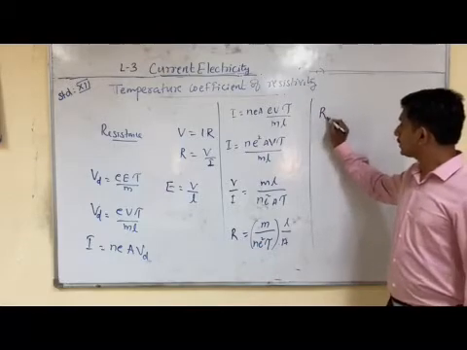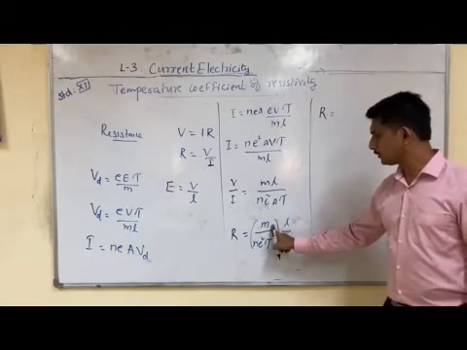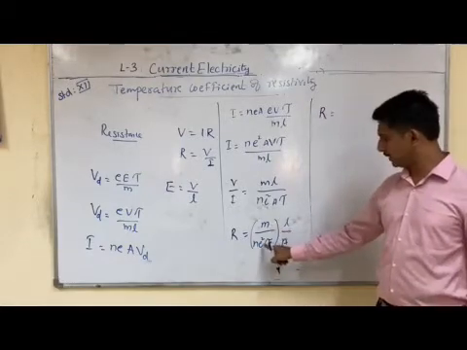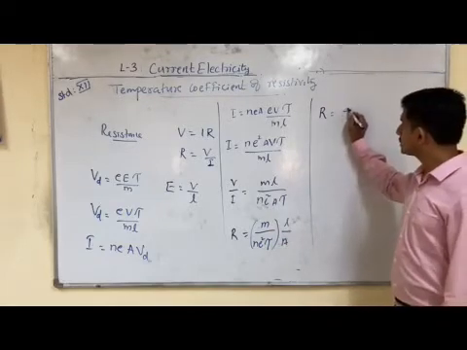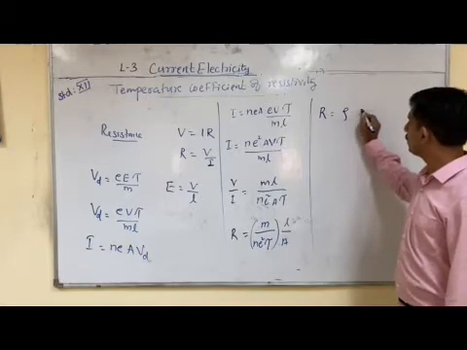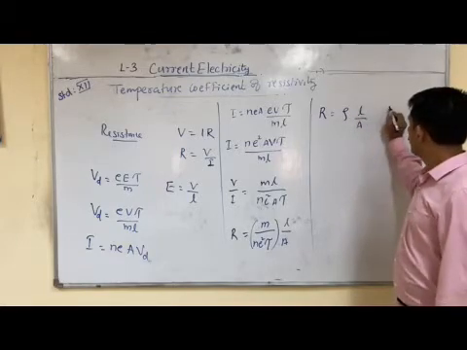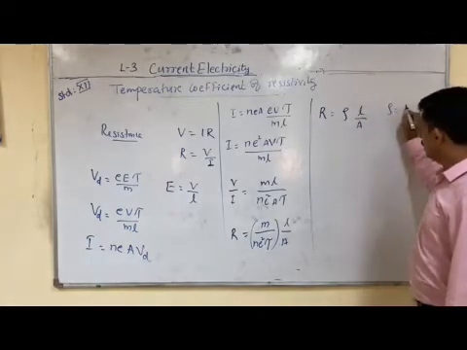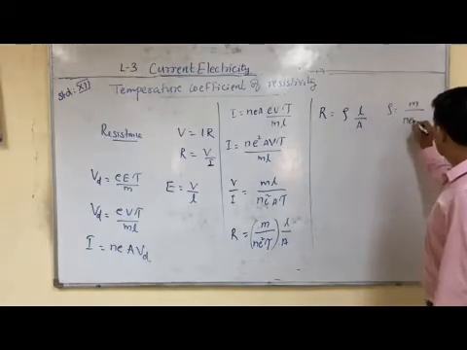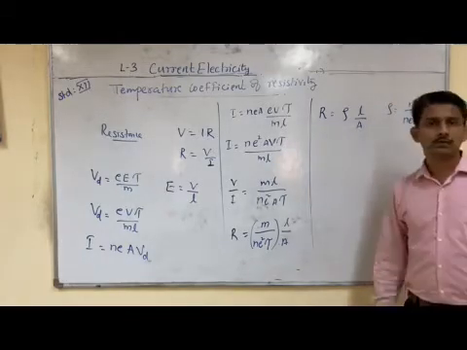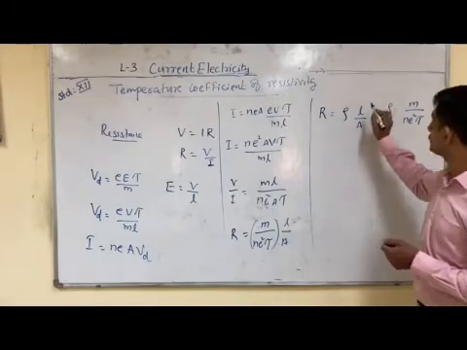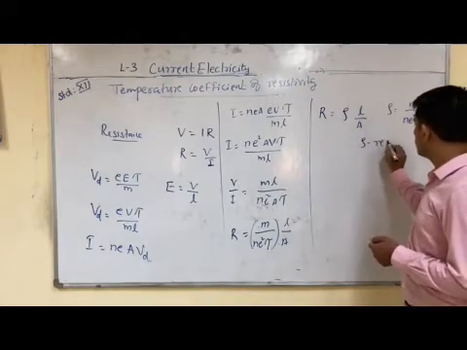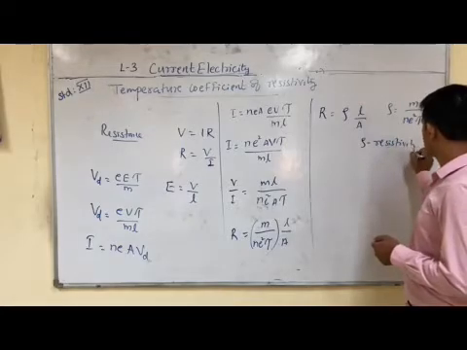So we can write this equation as, this is a constant only. We can see that m divided by n e square tau is considered as a constant. That constant is called the resistivity rho, in R equals rho L by A, where rho is given by m divided by n e square tau. This is the expression for rho. Rho is known as the resistivity of a conductor.